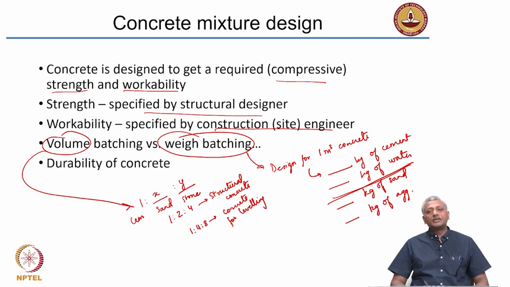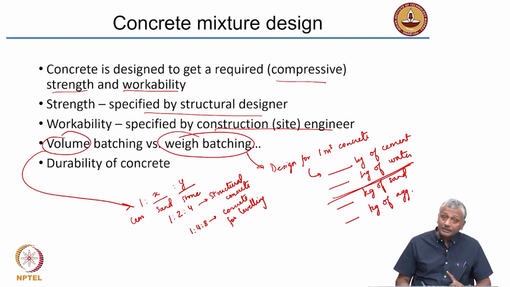amount of water that you are adding to the mix. What about volume batching? It does not say anything about the water, it just says cement, sand and stone. What about the water now? That is where volume batching becomes a difficult thing to practice if you want to control your concrete well. The water in volume batching is decided by the mason who is going to be mixing the concrete together. So, if the mason feels that so much water is enough, that is the level of water they will have for the concrete mix. So, there is no control on the amount of water that you add in a volume